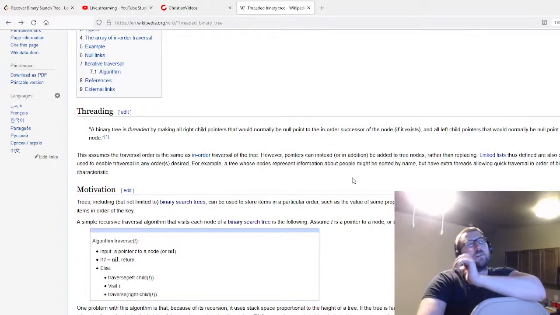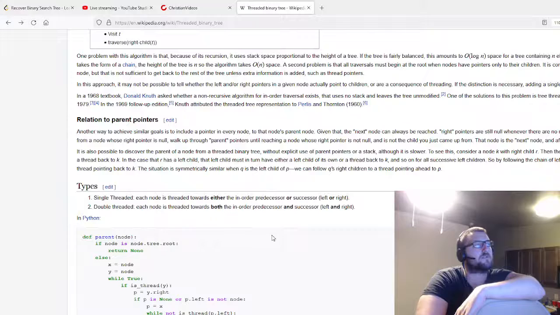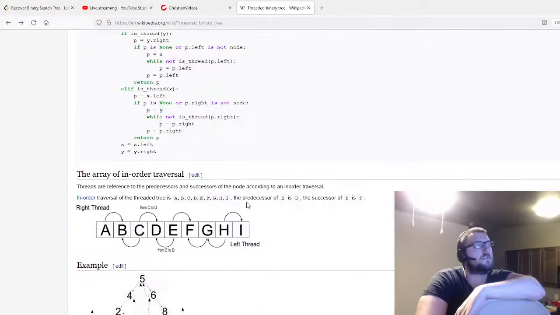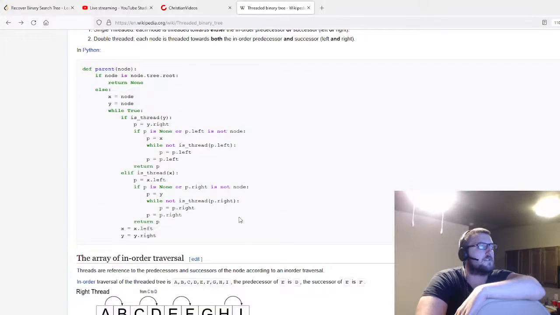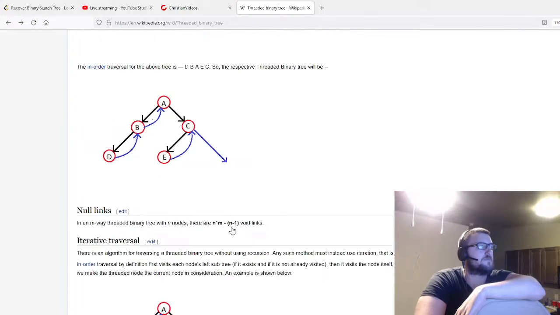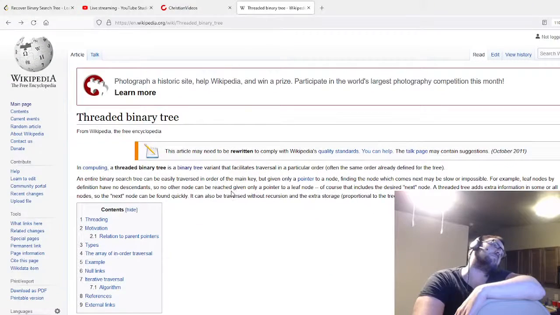We can still do this without doing an Inorder Traversal recursively. I don't actually think you could do an Inorder Traversal with just a stack. I take that back. I think I'm wrong about that. There are a few things to say about this. There's another issue here, which is